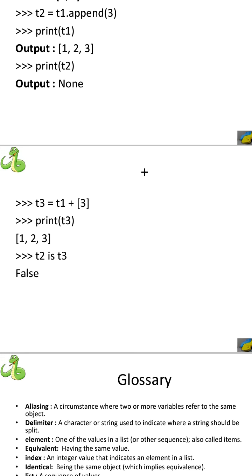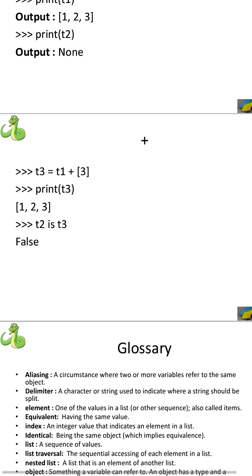Here, if we observe, T1 does not have all the elements. Even in this example, after printing T3, if you print the T1 list, it has only 2 elements, 1, 2. It does not have the newly added element 3, because here we used the plus operator and this always creates a new list. In this example, T3 is created as a new list. Hence, T3 has all the elements of T1 plus the second list value, that is 3.